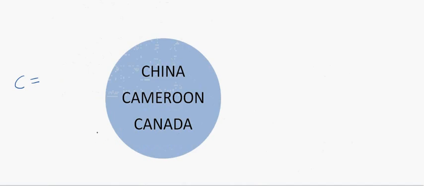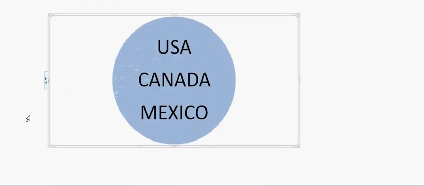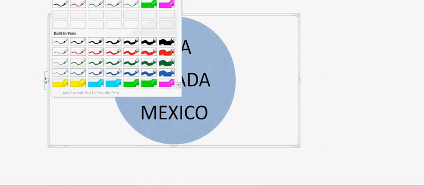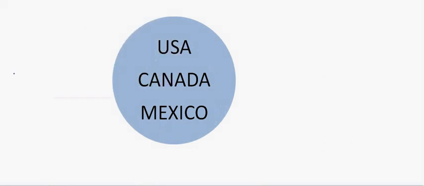Now similar to this, let's say I have another set which has USA, Canada and Mexico. In this scenario, my unique well-defined object is all the countries in North America. So let's say I'll define that as N. So this set is N. Now if I have to do the intersection of these two, what necessarily it means is I am looking for a country which is in North America and which starts with the alphabet C. So it's pretty clear.